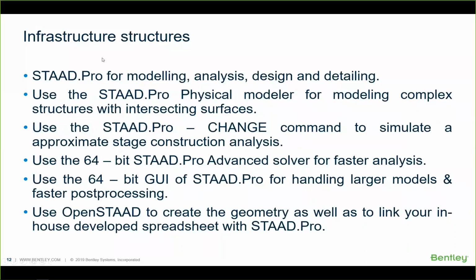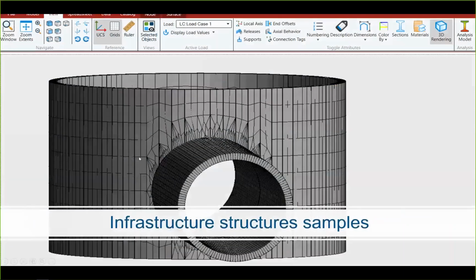Okay, so this is a typical workflow for infrastructure structures. You can see for infrastructure structures, the main product used is STAAD.Pro. Here is an intersection of an underground tunnel with a vertical shaft, which is also underground. You can see the intersection is not that easy to model with plate elements. But using the STAAD.Pro physical modeler, we can model the two cylinders, one horizontal, one vertical, and click a single